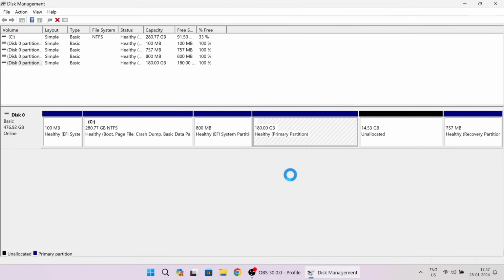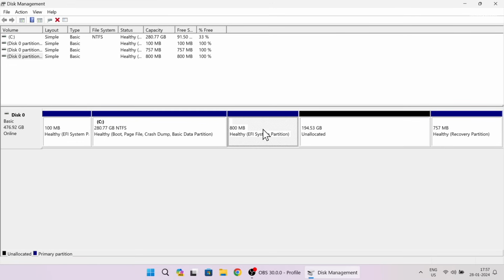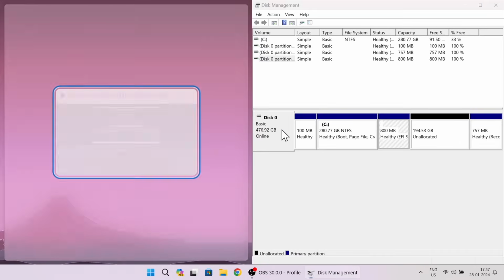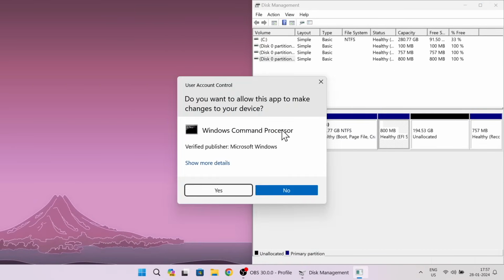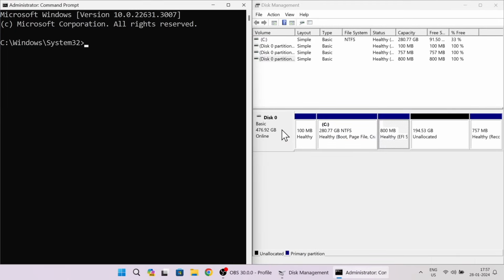Now, as you can see, I have deleted swap and root partition, and there is no option to delete the boot UEFI partition. Well, it's expected, and we're going to take a command prompt's help to remove this partition. To do so, go ahead, open a command prompt and run as administrator. Inside the command prompt, type diskpart,